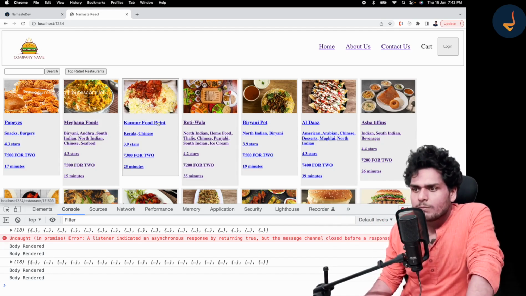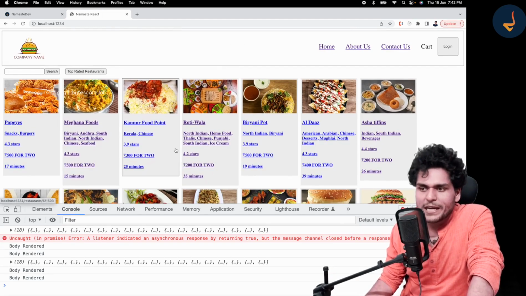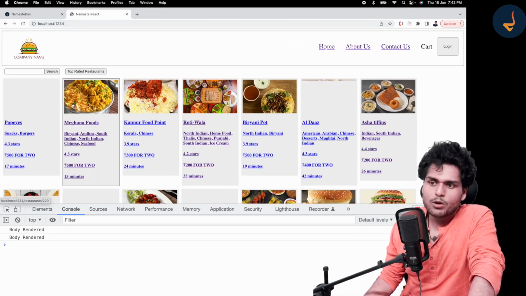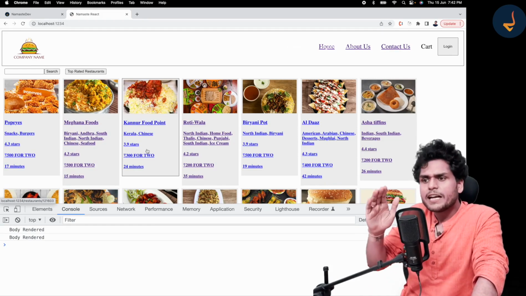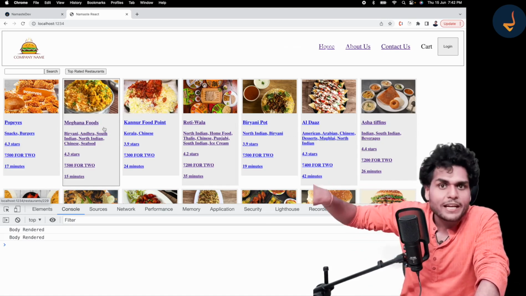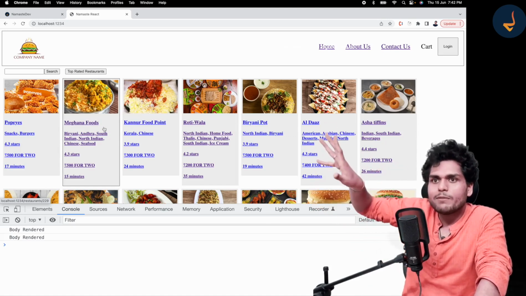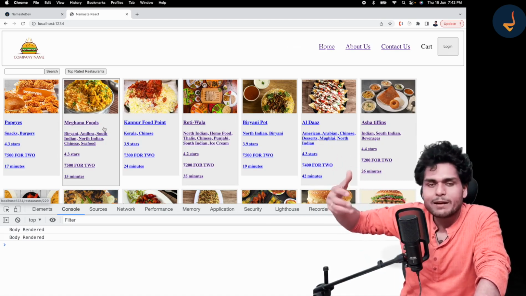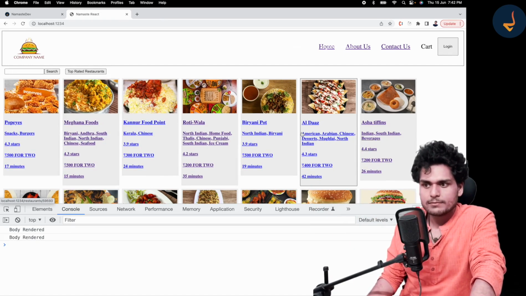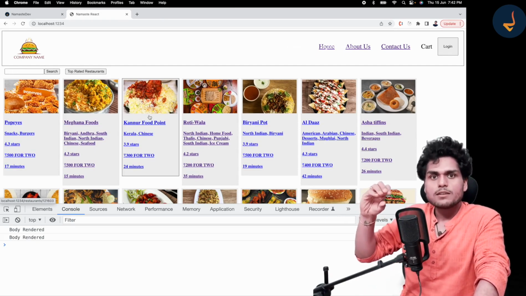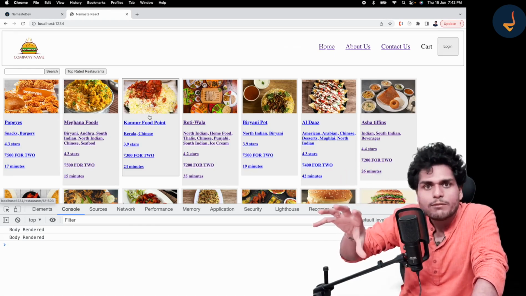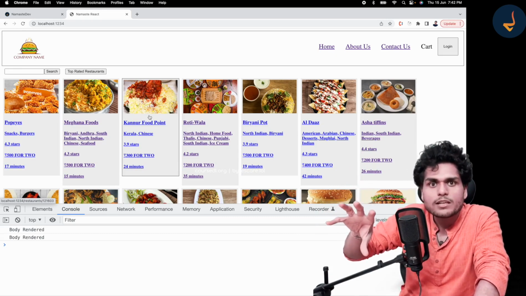And how do we use that feature in this page? Suppose the user is on this web page and suddenly the internet goes off. If the user clicks on this card, it will throw an error, like the website is not loading, 404, because the internet is not working. So what if we can just show that you are offline? If the internet of the user is not working, then we can show something on the web page. Our website can work even if the user is offline, right?